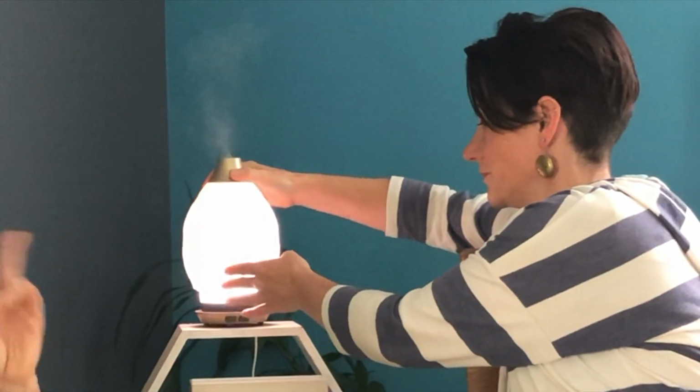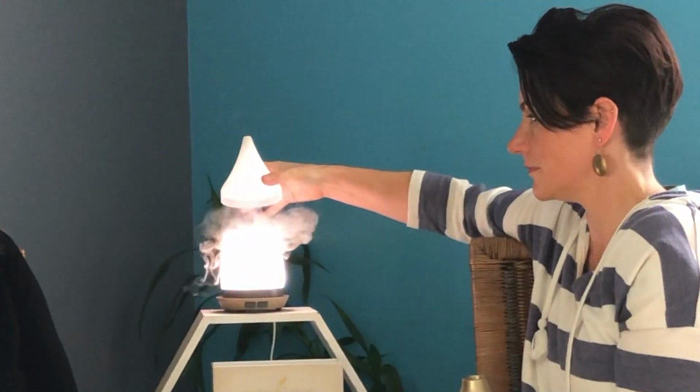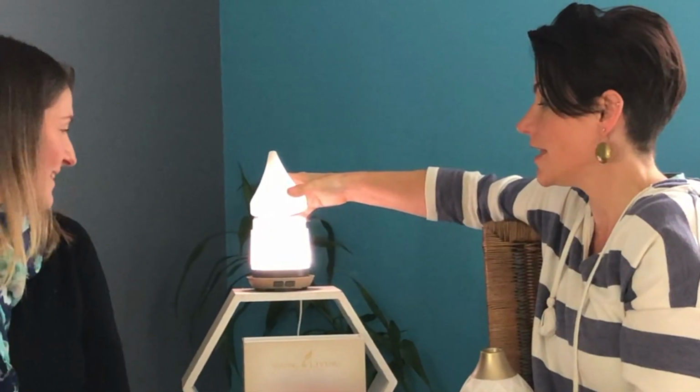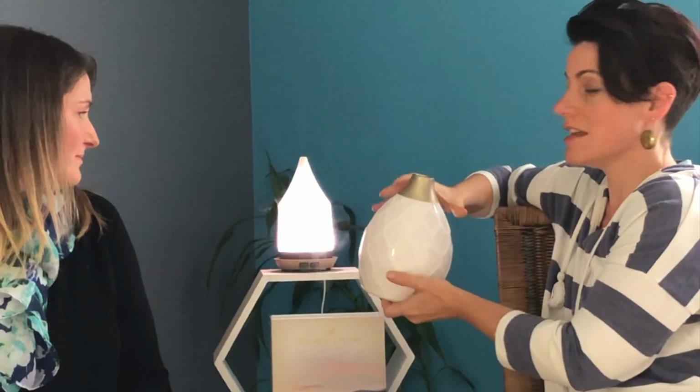Okay. So there's 2 different diffusing settings, plus there is a whole gamut of light settings. The water goes in there. So we place the water in there. There's a line that shows us, indicates where we can put the water into, and then in that